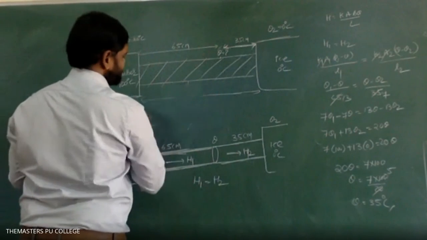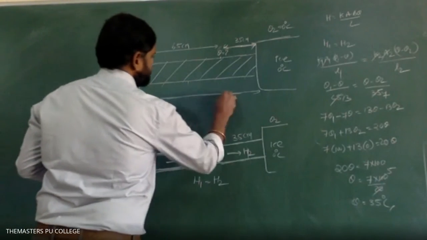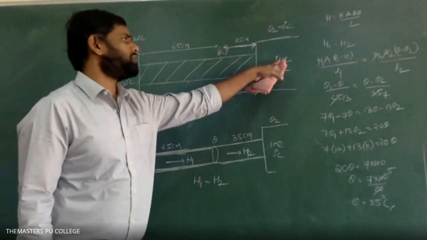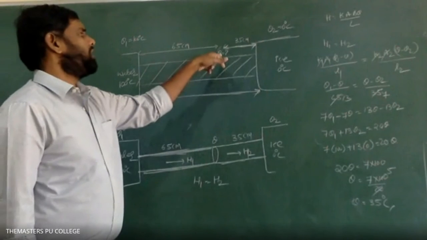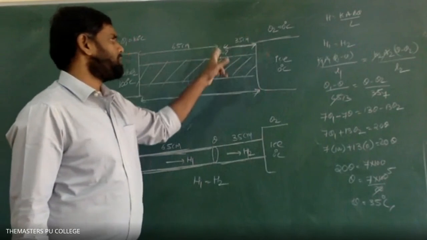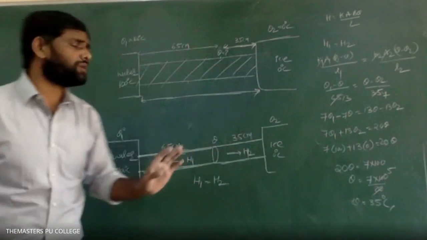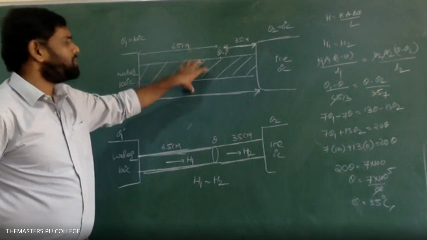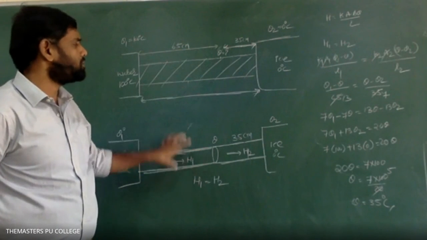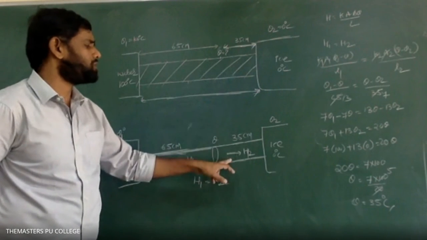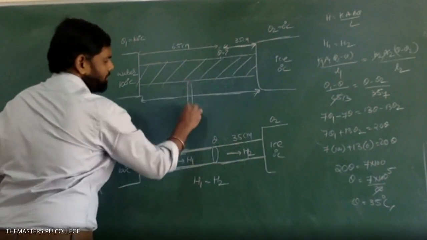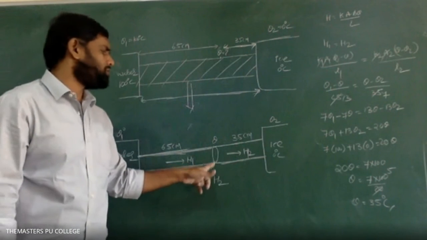First the question is a copper rod which is connected between the water and ice. Water is at 100 degrees centigrade, the ice is at 0 degrees centigrade. They are asked to calculate the temperature of the rod which is at 35 centimeters from the cold end. So here we would like to find the temperature. For that, I am comparing this rod with this combination. The two rods of same material and same area of cross section, but different lengths, are connected in series. If I compare this with this thing, this is the junction where we need to calculate the temperature theta.